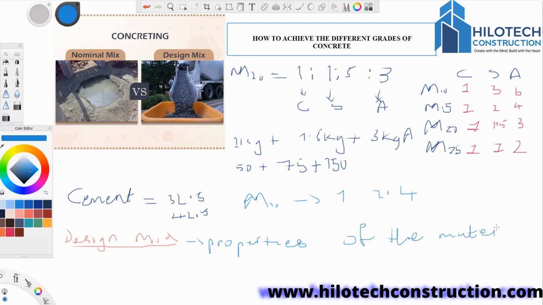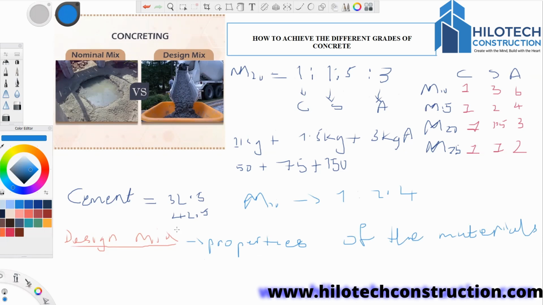If you look at the properties, you are going to see that at the end of the day you will have a lesser volume of materials as compared to the nominal mix, because the nominal mix has just a fixed number, which you always just use because, okay, M10, this is what I have to mix, M15, this is, and so on. It doesn't have anything to do with the properties, which is mostly what is done on site, but it is good to always have the design mix, because the design mix relies on the properties of the materials,